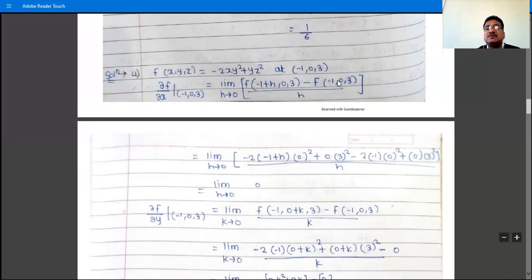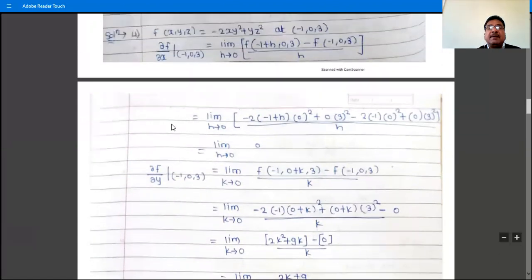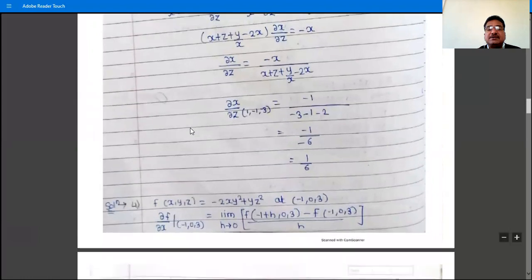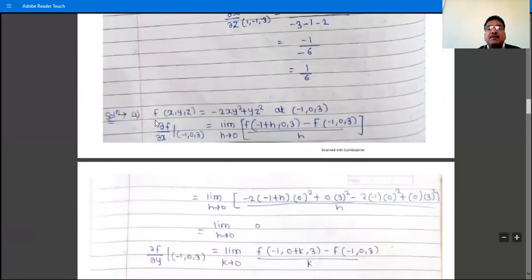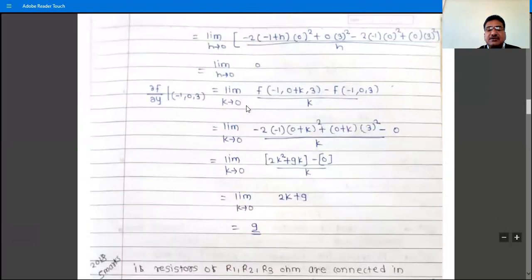Substitute x as minus 1, y as 0 and z as 3. We have this value divided by h and the numerator is 0. So the answer is 0. Then ∂f/∂y at (-1, 0, 3) we have to find next. This is the limit as k tends to 0